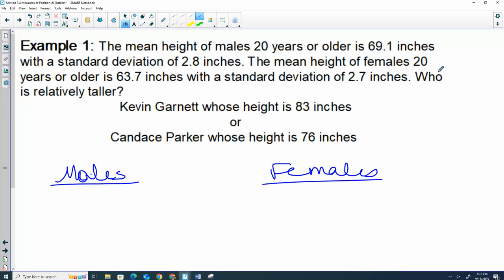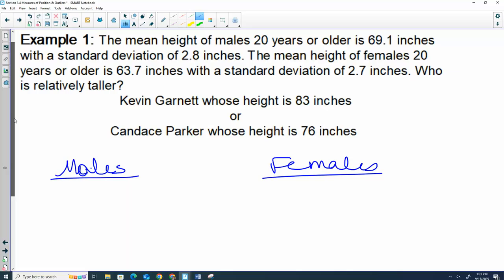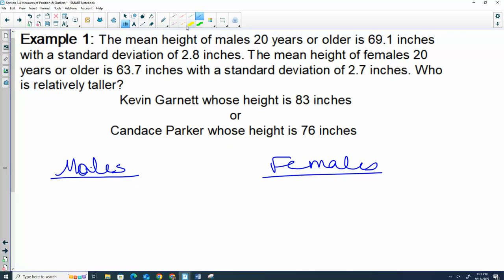The mean height of females 20 years or older is 63.7 inches with a standard deviation of 2.7. Who is relatively taller? So I have two people here. Can we agree they're both taller than average? Yes. But if I'm going to decide who is taller in comparison to their group, we have to get their z-scores. So your z is just your value